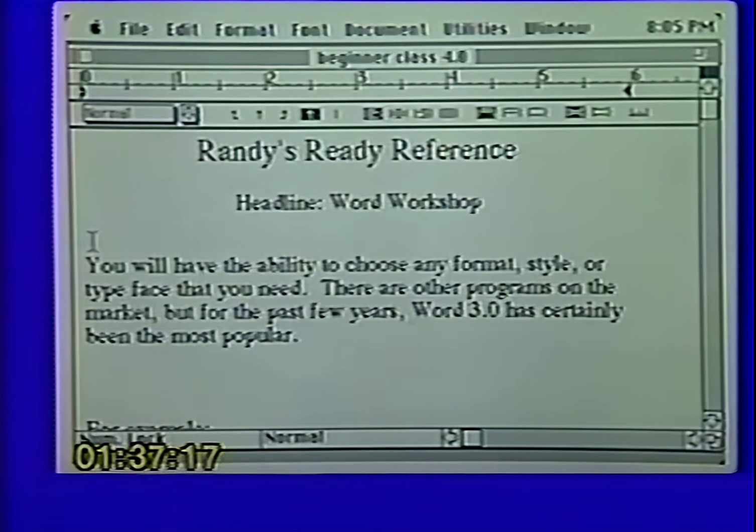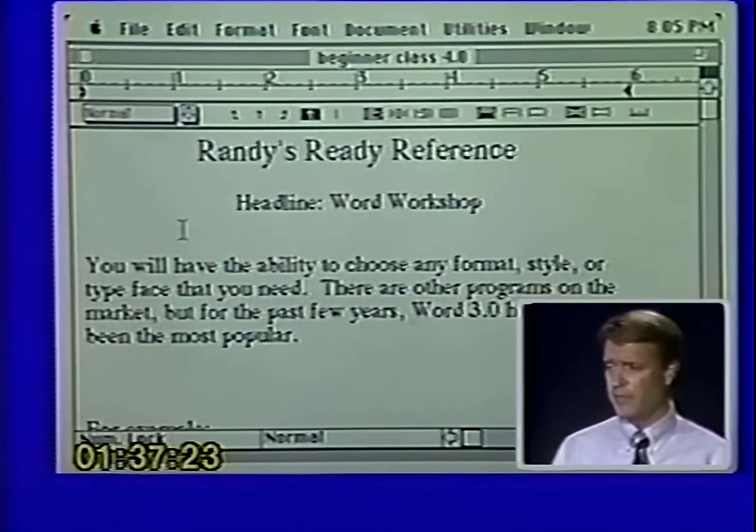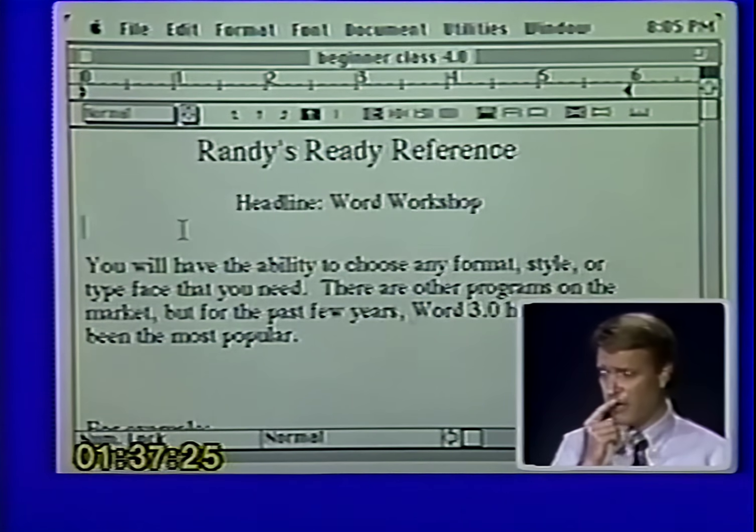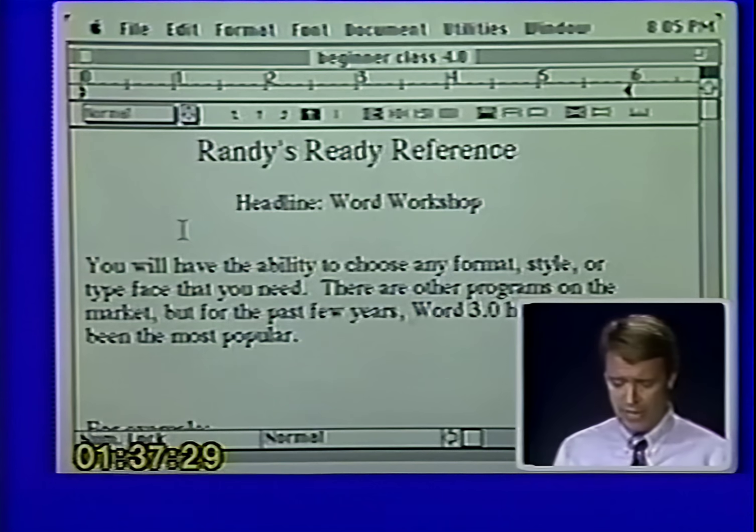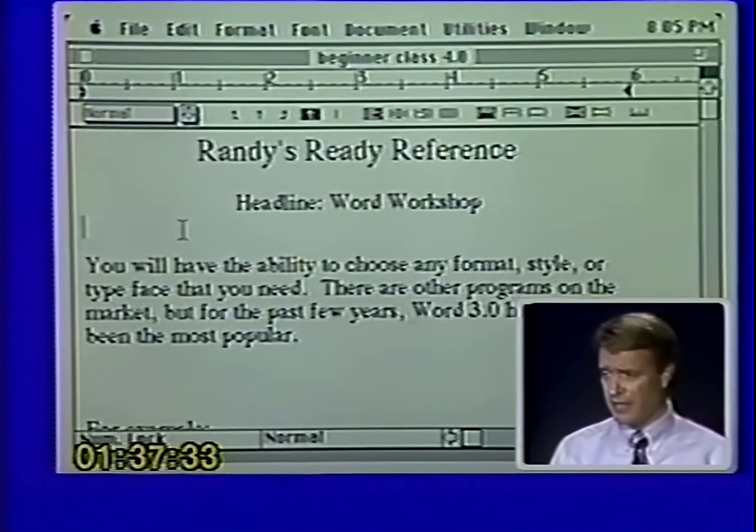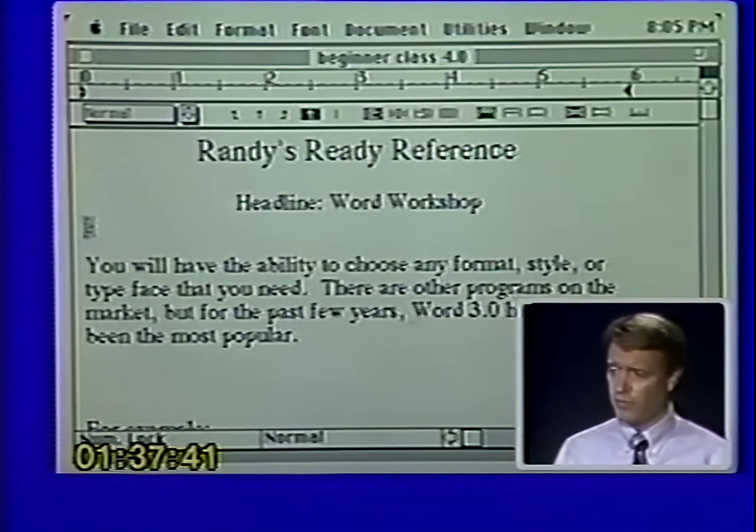Last little item under keycaps that you may want to use is a lot of times you will want to put an accent mark if you are using, or the little two dots that you use in German. And you will not want that to be in a space by itself, but what you really want is you'll want that to be over a letter. So let me show you how to put an accent mark over a letter. All you do is hit Option E. Now when you hit Option E, you'll notice nothing happens. But now if you hit a letter, you will see that the letter appears with the accent mark over it. So let me do that one more time.